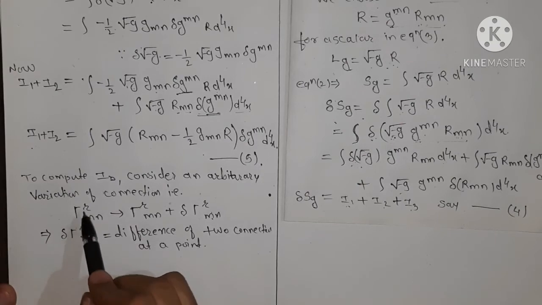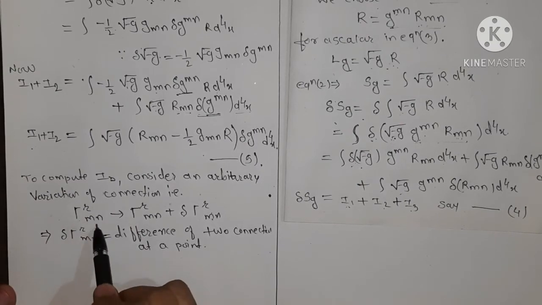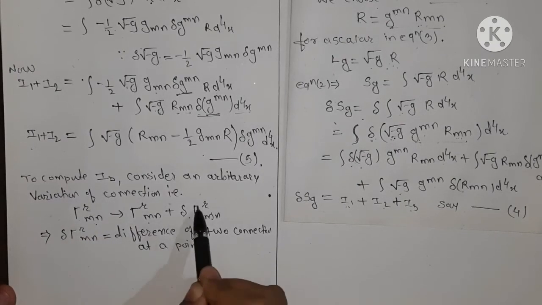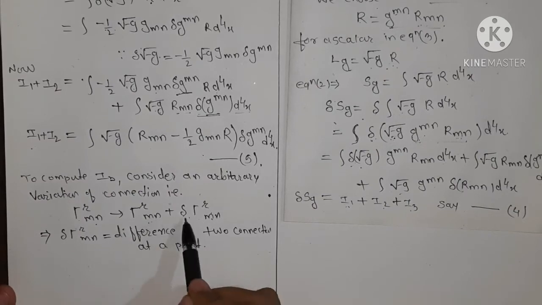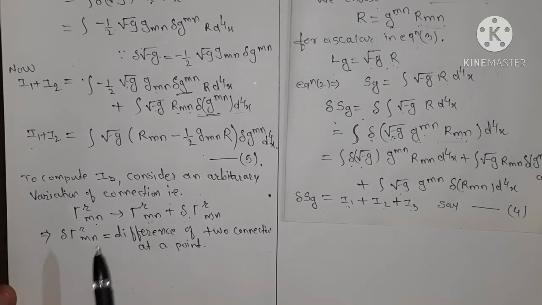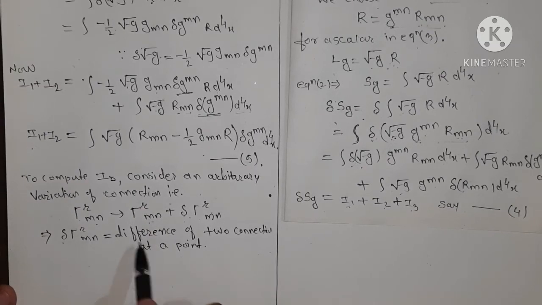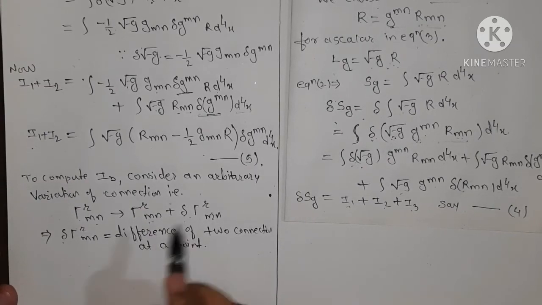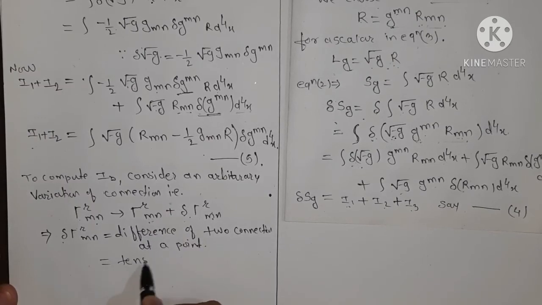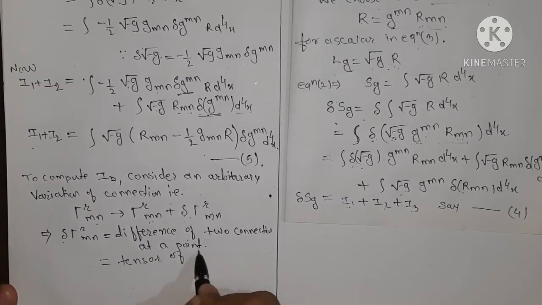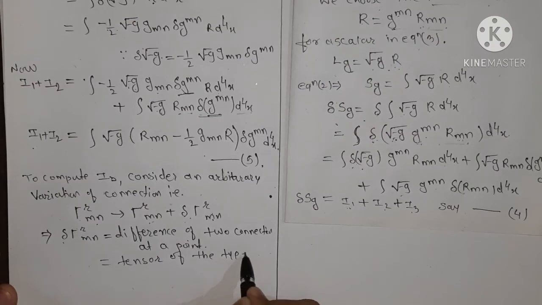Connection means here we are changing the gamma^r_mn to gamma^r_mn plus delta gamma^r_mn. That is, we are taking some variation in addition to the gamma^r_mn. So delta gamma^r_mn is the difference of two connections at a point, which is equal to the tensor of the type indicated by